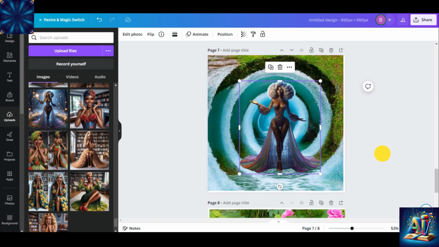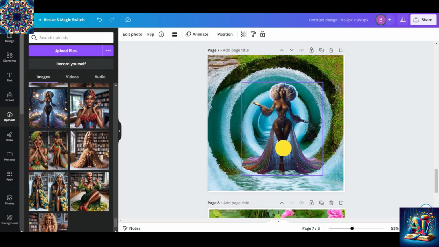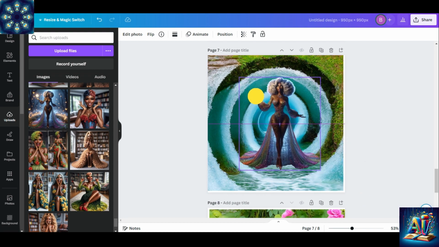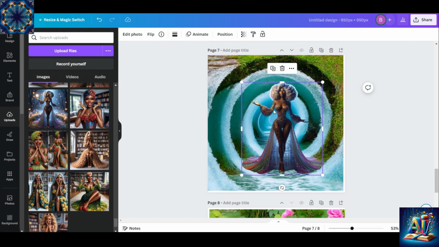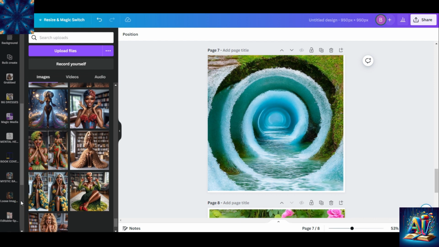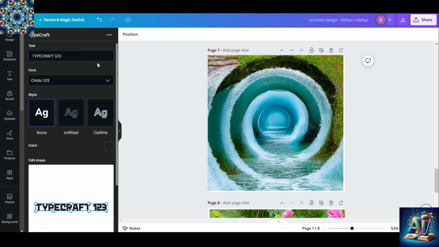Put her in here, kind of make her look like she's standing on water with a tunnel behind her. You know what I mean? Or you'll possibly turn around and just take a product and put it right there and make it look like it's in a tunnel. It doesn't have to be necessarily an image, you know, or you could get fancy and come over to your typecraft here and put